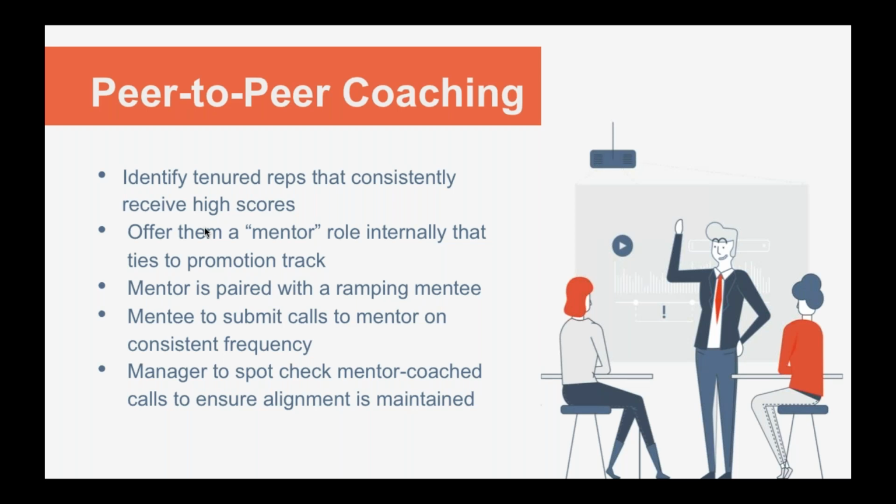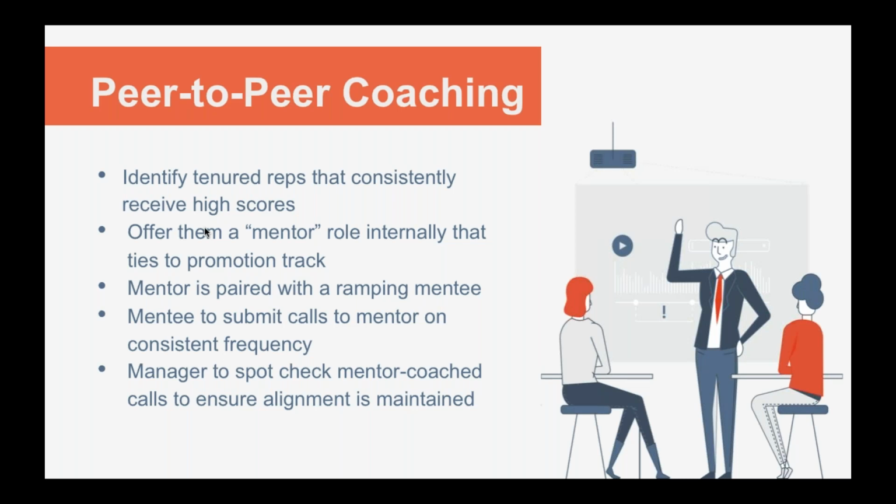But really, what we found is that we can get a lot more out of it if it's not just a manager giving feedback. In fact, our top rep is the one that people look to, right? They're in the trenches every day. They're working really hard, and when they give somebody feedback, it means a lot because although you want your SDR manager getting into calls and still engaging with prospects, they're not doing it as much as maybe your top SDR. So if you have that coaching culture, it's a great way to spread the love a little bit, right? And it's a great way to empower somebody on your team as a mentor and put them on a management track if that's something that they're looking into.